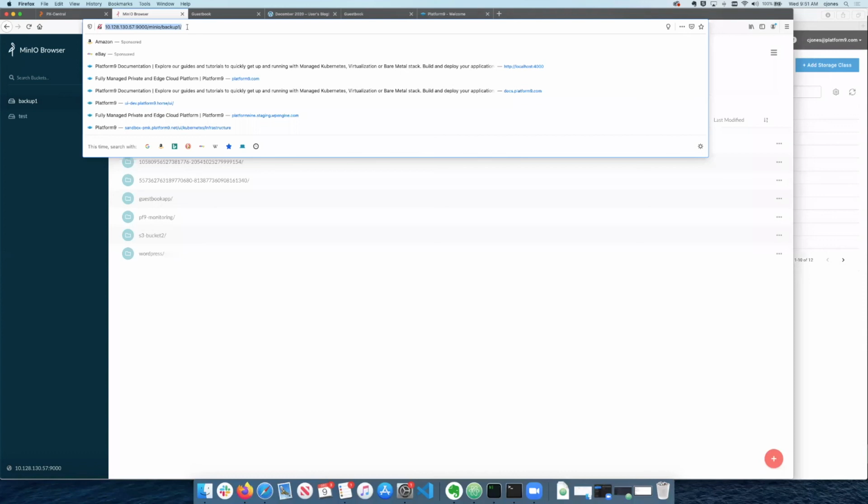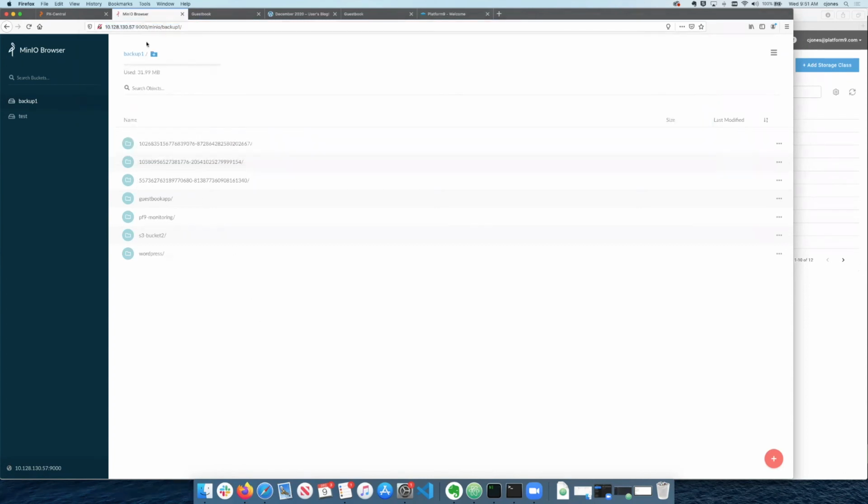up using Helm. The modifications I made to that were touched on in those opening slides, but I provided a secret key and access key. Minio will generate those if you want it to. I also changed it to use a NodePort just to make it easy to get to for demonstration purposes. What you can see on the screen here today is a series of backups that have been created from